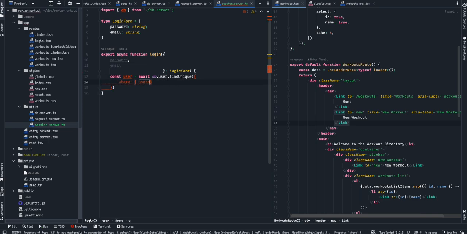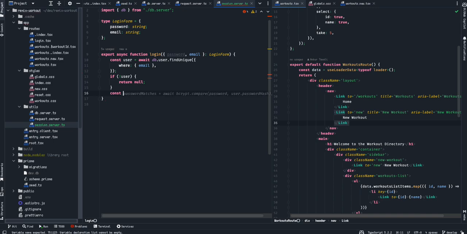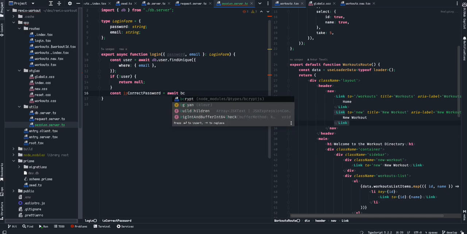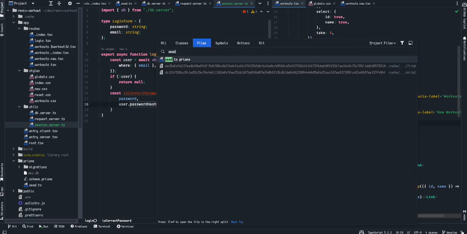So here we're logging the user in by going to the user table in the database and finding the user with the email that's passed into this function, and we'll go ahead and learn how to use it in a bit. But basically, if there is no user, we just return null. Of course, if the password is correct, we'll have to check that. So if the password exists, is correct password, then I await and I say bcrypt.compare password and user.password hash. So I'm going to compare the password that they gave to me to the password.hash, and then if